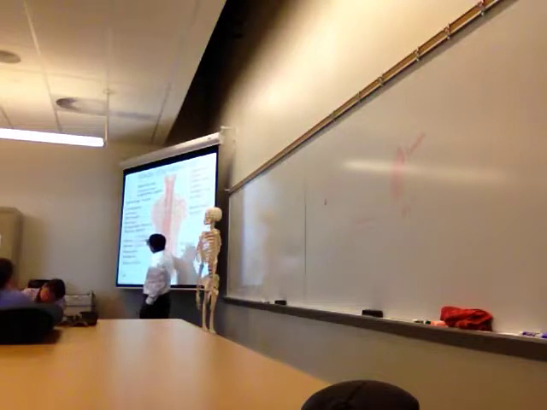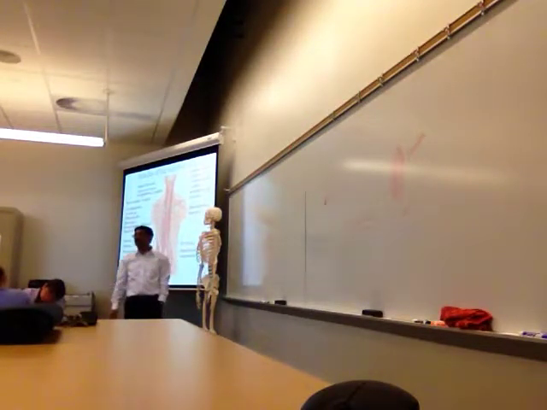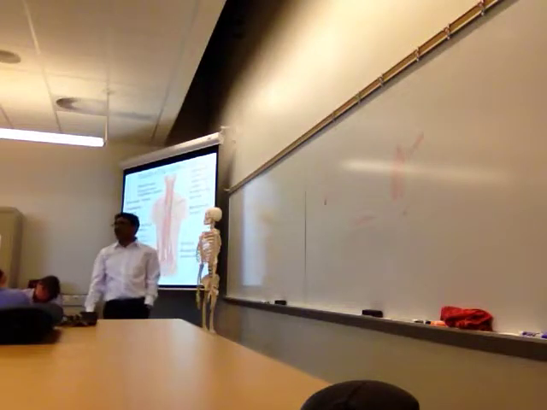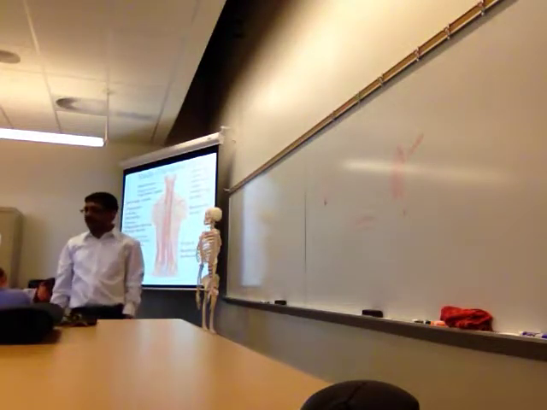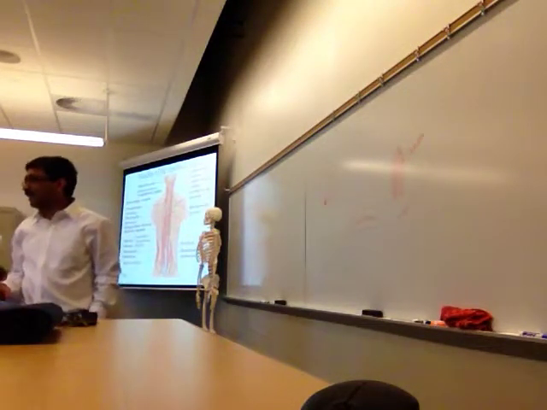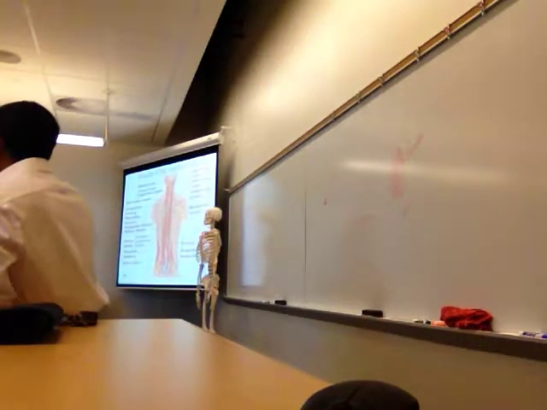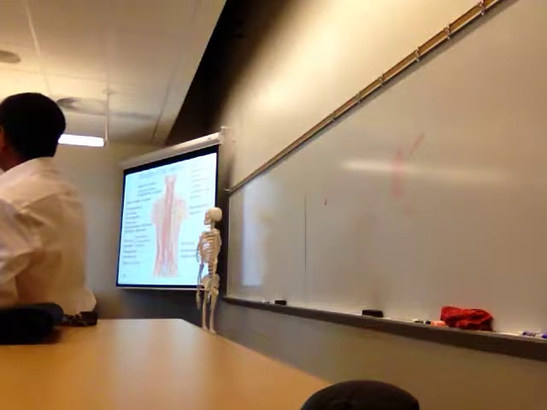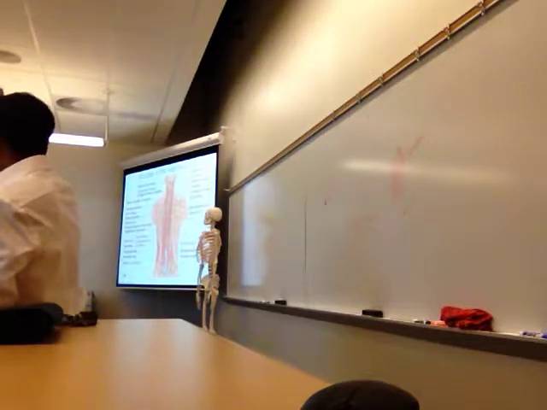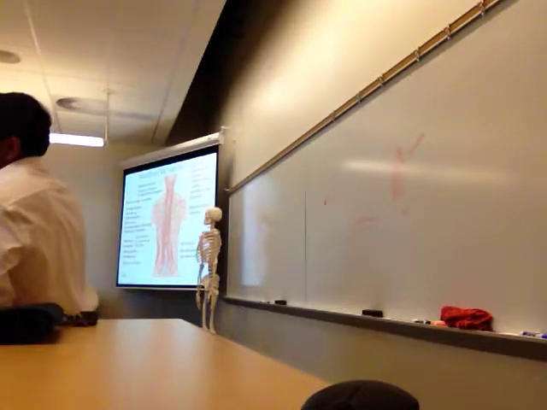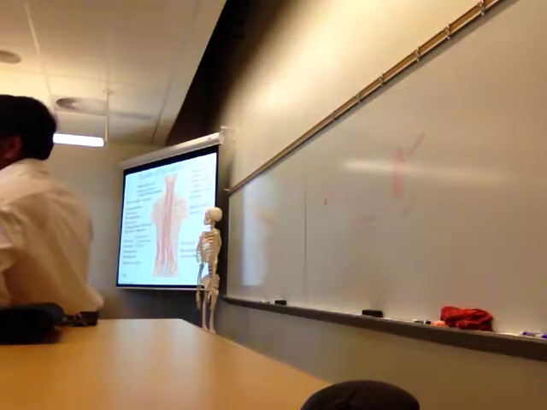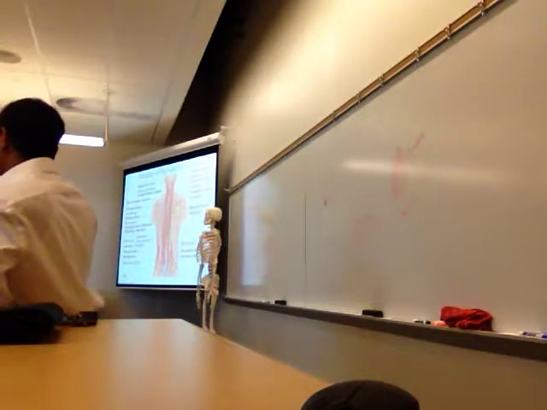The most powerful one is erector spinae. Its name is telling you. See here, erector means it will keep the vertebral column erect, and spine is the vertebral column. So erector spinae is the muscle that keeps the spine erected,